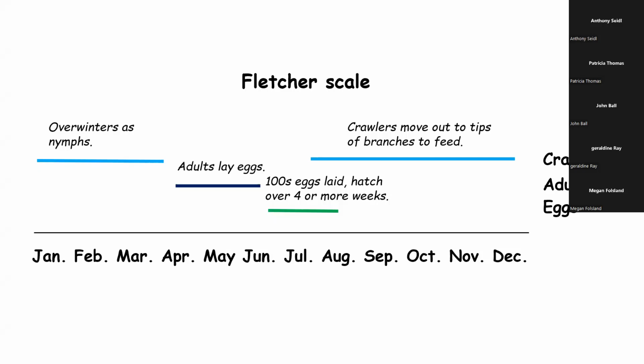The crawlers move out to the tips of the branches to feed on the foliage. They're going to overwinter, and then we're going to have the adults for a rather brief time period. But as I mentioned, you can find older scales for a year or two. The mom's long since been dead, but the shell's still there and adheres to the plant, a little sticky, for a year or two. So you can find the adult scale at almost any time you look. You just have to realize that a lot of them are dead, but they indicate to you that, wait a minute, I'll bet the crawlers are on here if I got it under a scope.